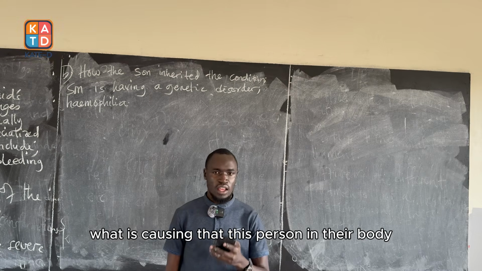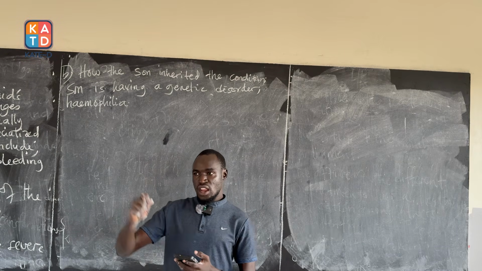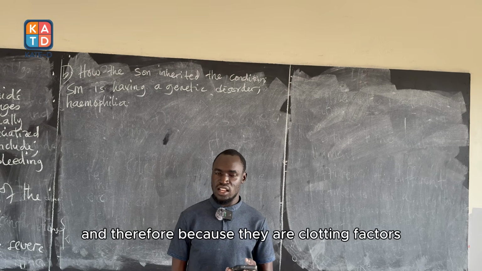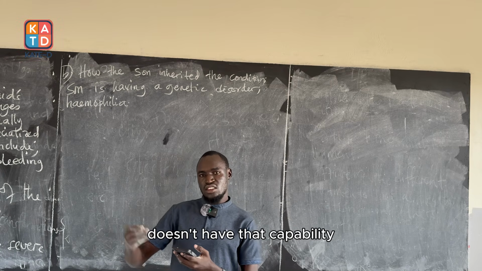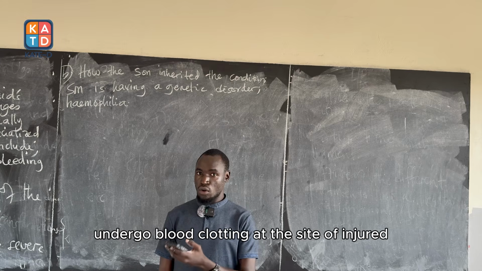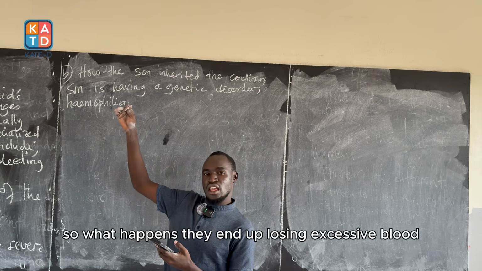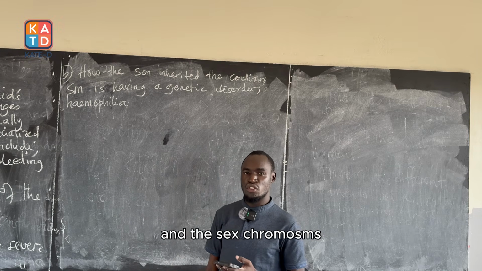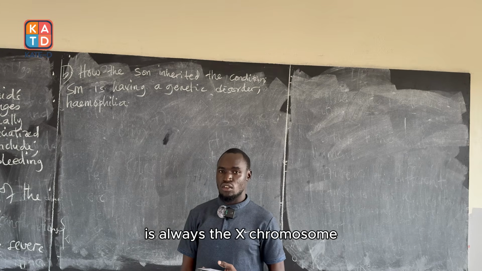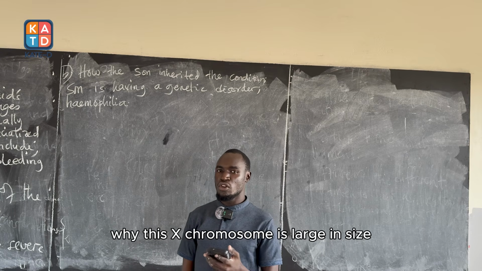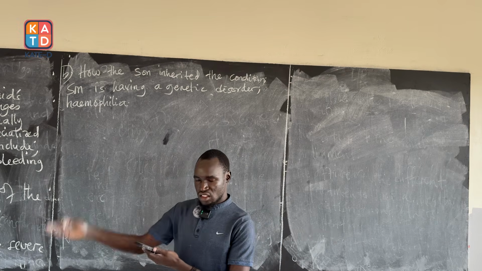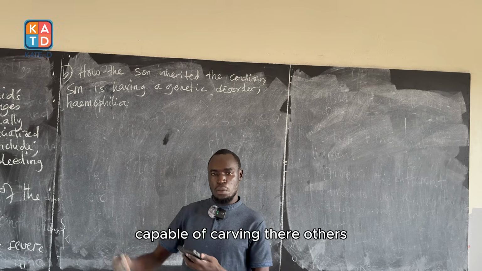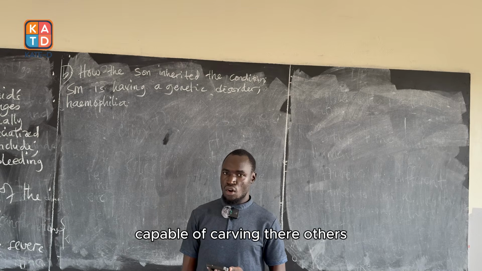This person, in their body, doesn't have what we call the genes that code for clotting factors. And therefore, in case of an injury, this person doesn't have the capability to undergo blood clotting at the site of injury. So what happens? They end up losing excessive blood. And this hemophilia is carried along the sex chromosomes. And the sex chromosome responsible for carrying these traits is always the X chromosome. Why? This X chromosome is large in size and is capable of carrying those genes for the trait. However, the Y chromosome is small in size and is not capable of carrying the alleles or the genes